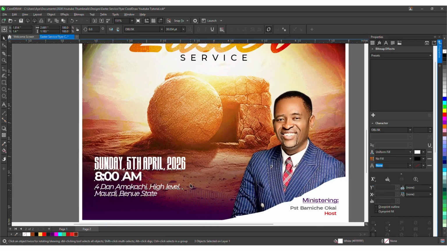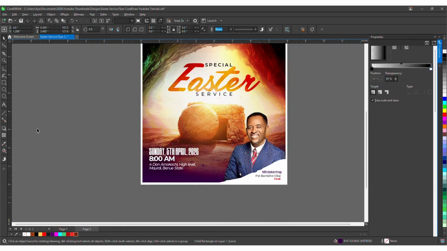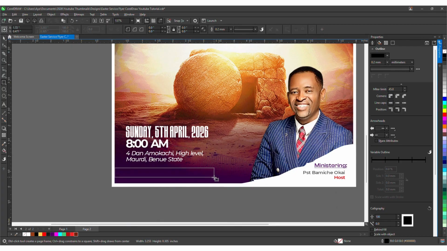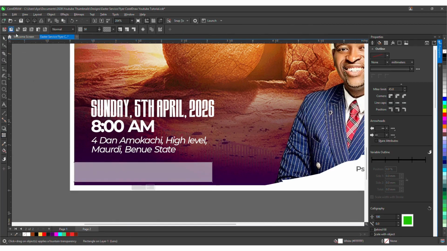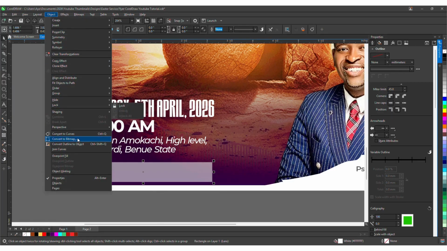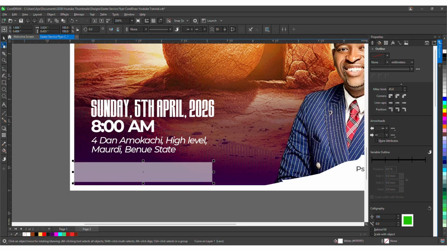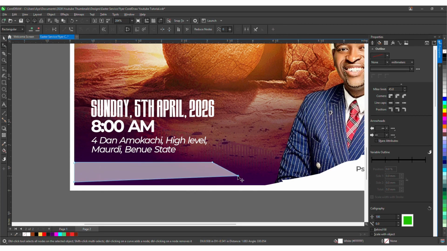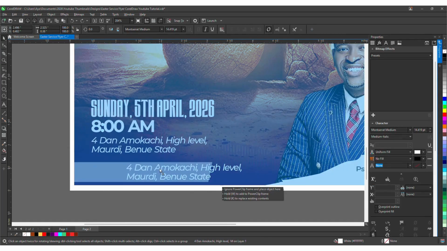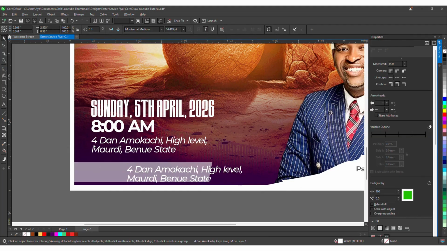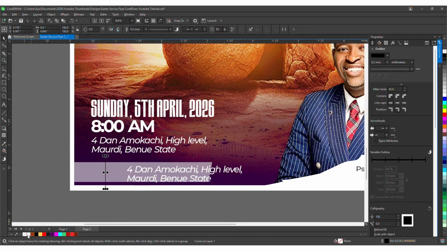Okay, there's something I'm forgetting here, so let me shift this a bit. Yes, and that is the social login. Here, just like that. Convert this to curve object, convert to curves, and come to the shape tool, select the shape tool like that, and adjust one of the nodes. You can adjust this as you like, but this is the form I want it to take. The social media account is written there, just like that. Give this a white outline,